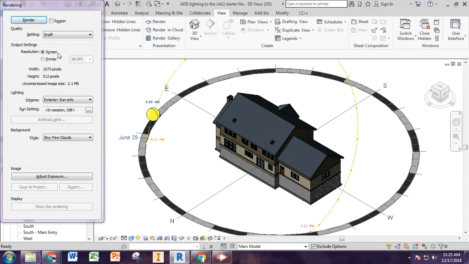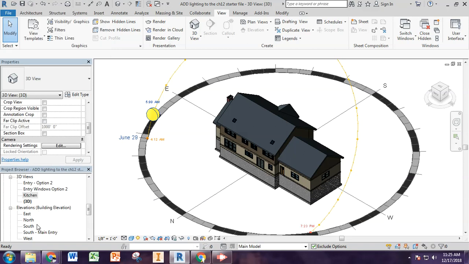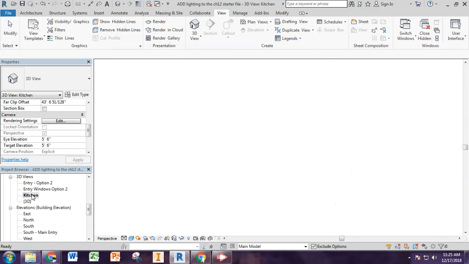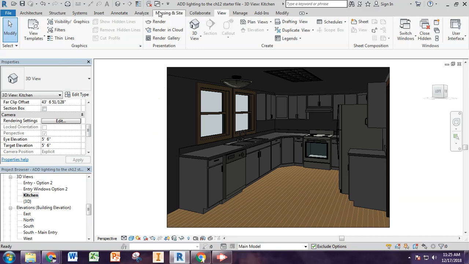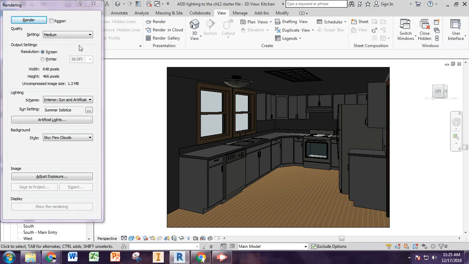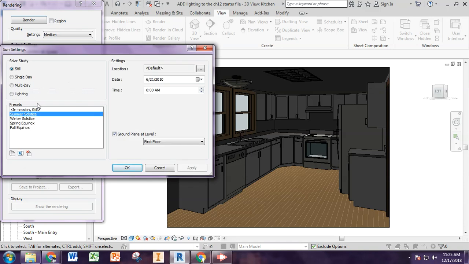So if we went to render, just a medium again. Oh, sorry, I'm rendering the wrong image. Let me get out of here. Go back to the kitchen rendering, and now hit render. And this is where I could say